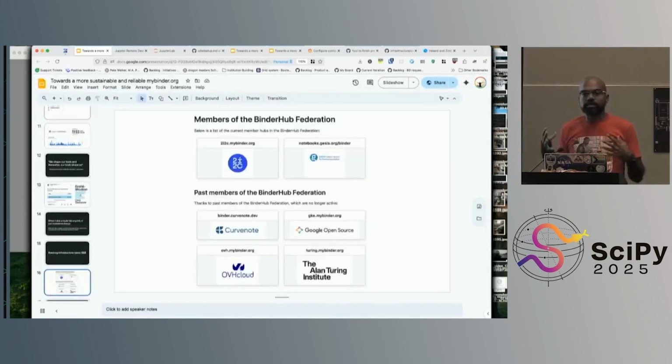And the way that mybinder has been dealing with this for several years is to have the idea of a mybinder federation. So at any time, there's always compute being donated by multiple organizations. These have been the folks who have done this for us in the past. These are the current two federation members who have been contributing. GESIS has been really great. They're an institute out of Europe, and they've been doing amazing work for years and years and now. And 2i2c, which I'm a part of, has been doing this for a little while as well. And so can your organization. We'll talk about this a little bit later.